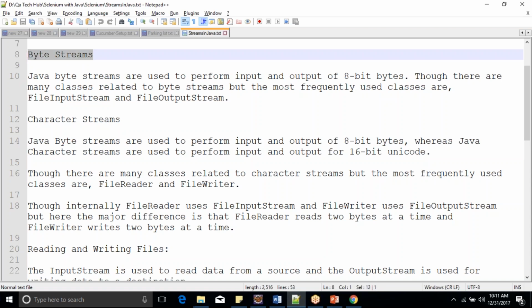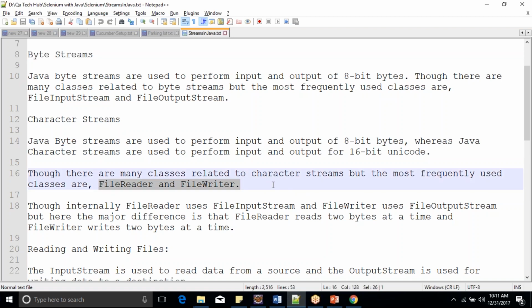And what are the two types we have? There are many, but the famous ones are FileReader and FileWriter. So this is an interview question as well. It was asked to me in one of my interviews: what is the difference between FileReader and FileInputStream? So the answer is